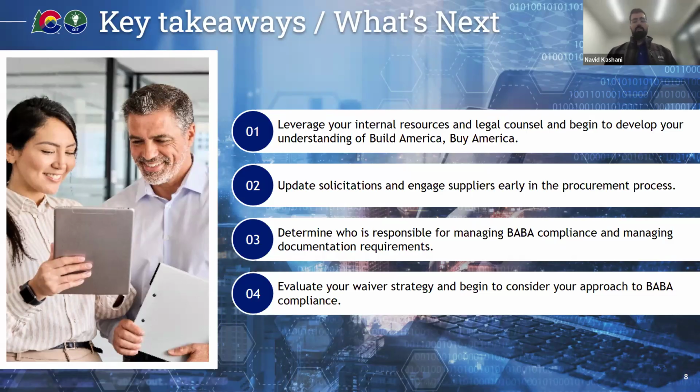Shameless plug there. Our second bullet, updating your procurement process as soon as possible. So engage your suppliers. That's going to be very important. And remember, it's Colorado's responsibility to monitor y'all, but it's your responsibility to make sure that you comply, which means that it's your responsibility to review your subcontractors, your vendors, your subrecipients, et cetera. So make sure that you're flowing down your requirements, and make sure that your solicitation and bid evaluations are being updated to account for these BABA compliance requirements.